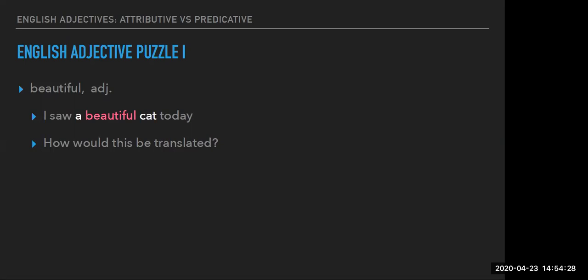So in Bangla we'd say আমি আজকে একটা সুন্দর বিড়াল দেখেছি. So সুন্দর is the adjective. Okay, Archana says me ek sundar manjar pahili. So sundar is adjective. Yeah, I saw that. So sundar in Marathi and shundar in Bangla. And in Tamil we would say aragana. So araga means beauty and an sort of the